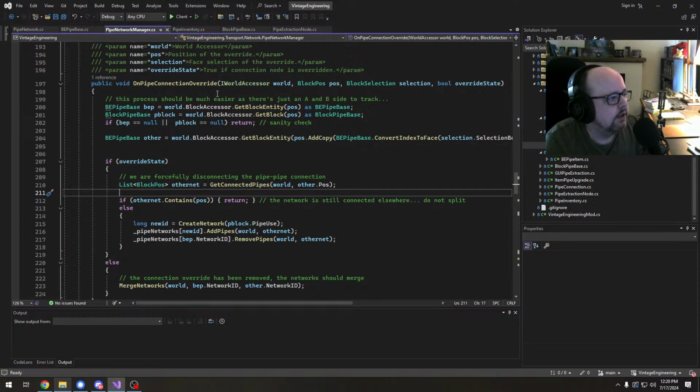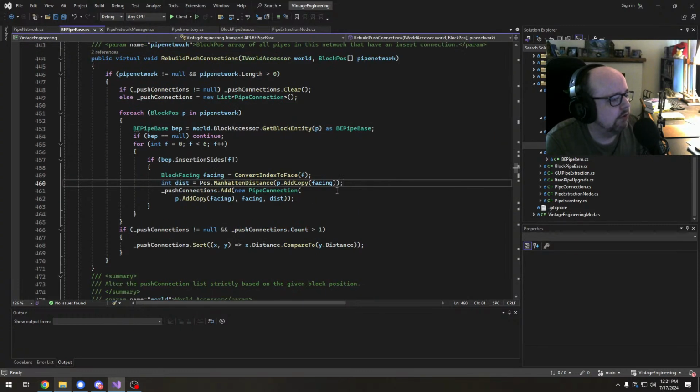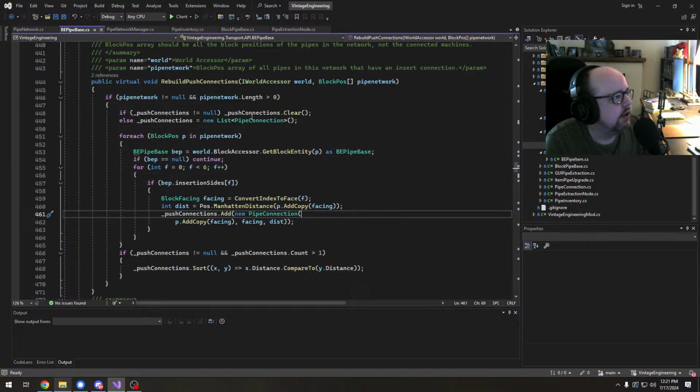So connection pipe override is a little different from a block break, because the block is not going to be broken. There are two pipe blocks next to one another, which normally would be connected, but because the player overrode it, they're not connected. So it has to do the same sort of task with a slightly different flavor on it. But the way that I've built the pipe system, the bulk of the work is done in the